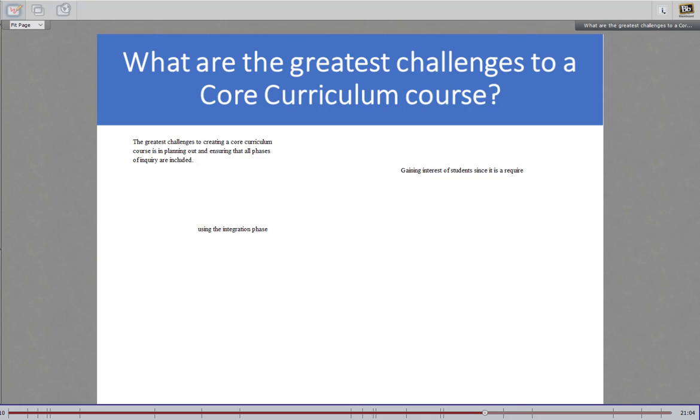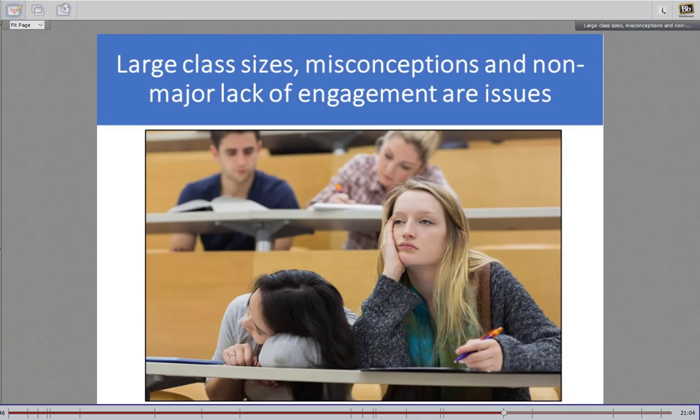Now, if you think even outside the community of inquiry model, one of the core problems of core curriculum is, what do you usually think of? What size class do you usually think of when you say core curriculum? I've taught a lot of core curriculum, and my smallest class was about 35. At Wright State, my classes were about 90. I'll be working at Purdue, where the core curriculum classes can be upwards of 200. So one big problem of core curriculum is large class sizes.